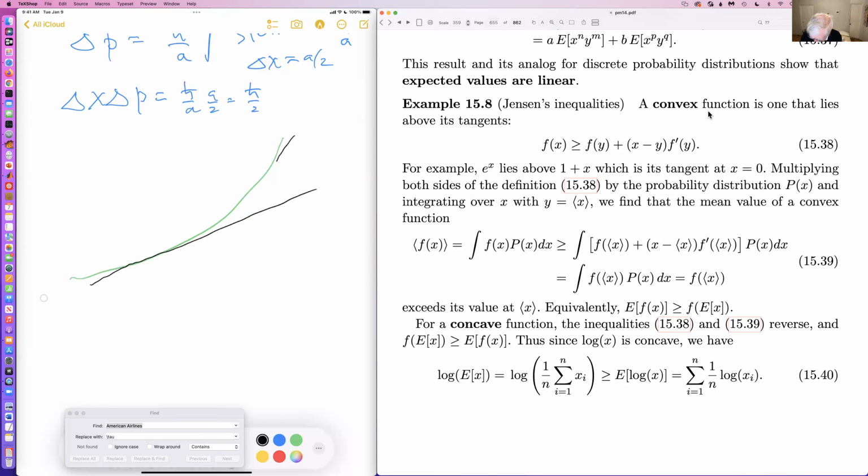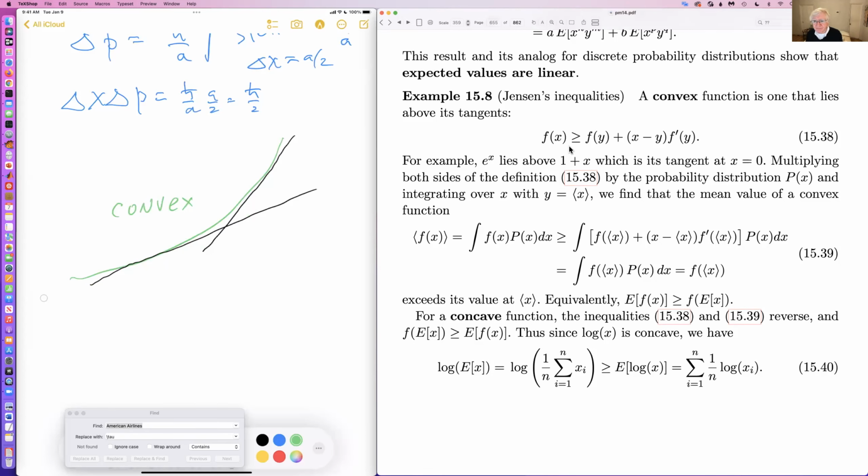And then here's another tangent. And so you see it is convex. So this is convex, because it lies above its tangents. And so let's see, Jensen's,